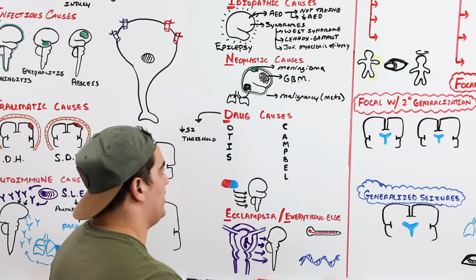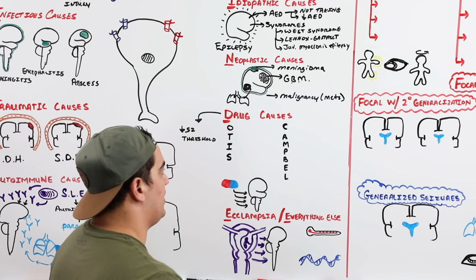The first one is opioids, and this includes drugs like meperidine and tramadol. They seem to be very strong triggers. Tricyclic antidepressants like amitriptyline, nortriptyline, even anticholinergic drugs. Isoniazid, which is used to treat tuberculosis, remember that in a clinical vignette, as well as salicylate toxicity, so taking maybe too much aspirin. Another one is a double whammy: cocaine for C, as well as cefepime, which is a type of cephalosporin antibiotic.